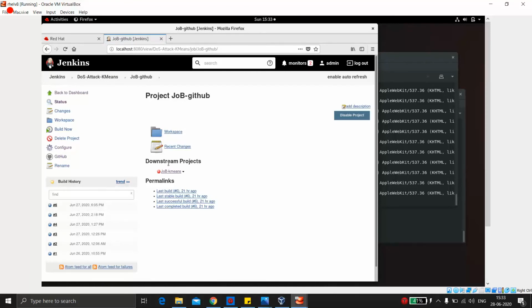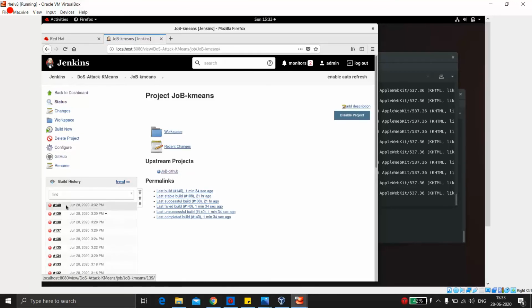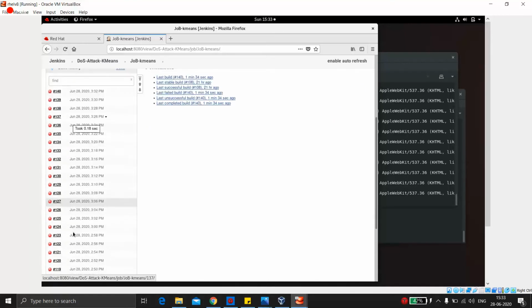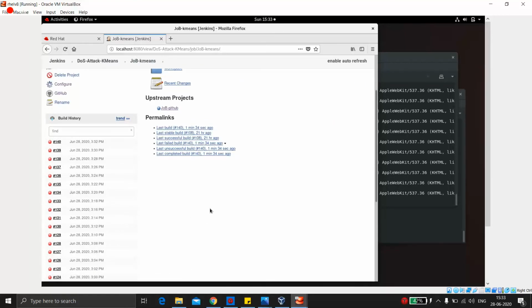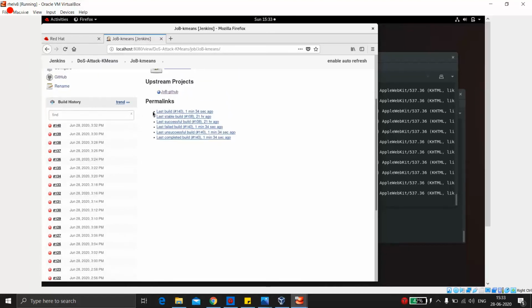Now I have created a downstream project. This means if I run this once, it would automatically trigger this. It is the pipeline, a job pipeline. Now you can see there are too many errors because I've deleted each and everything. These are the successful requests.